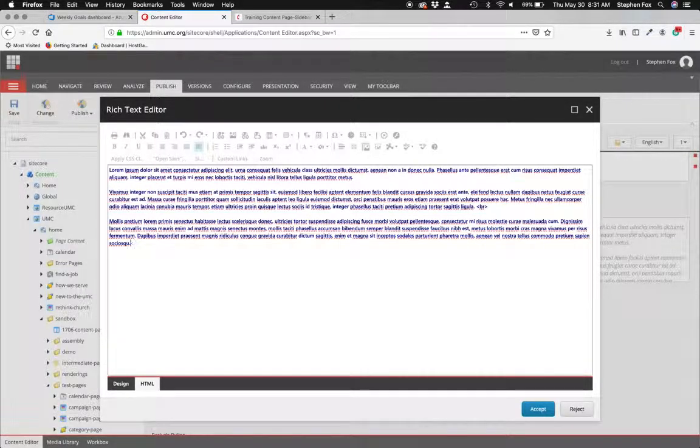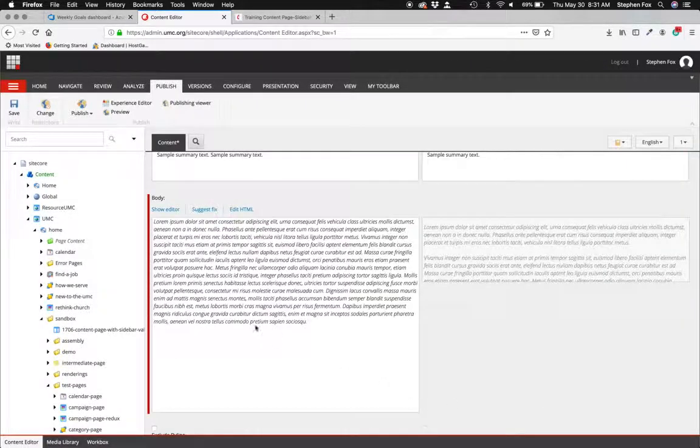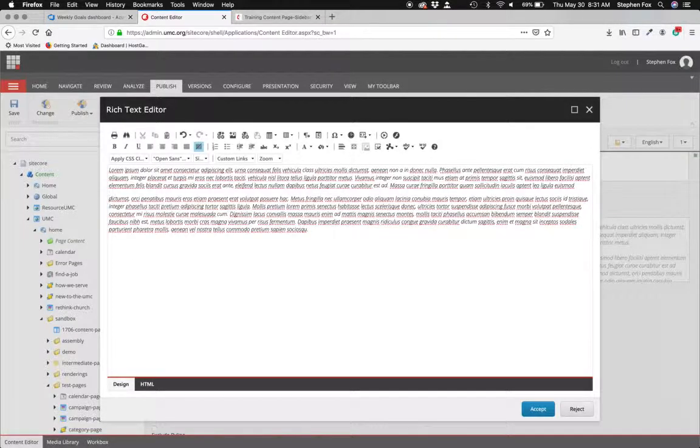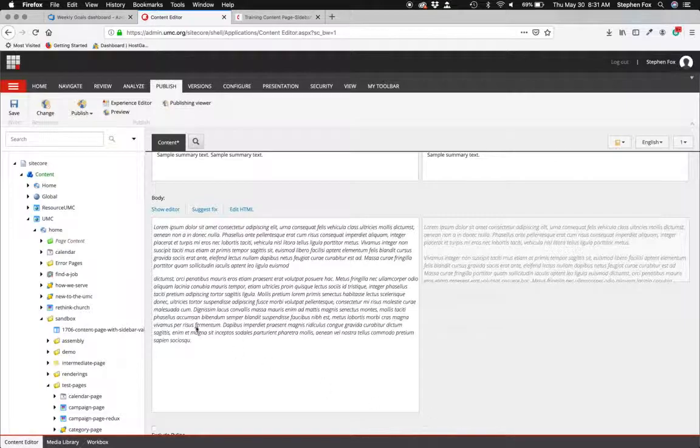So I'm going to remove just all of the HTML tags and hit accept. You'll notice that all of my spacing went away. What Sitecore is expecting is that those elements would be inserted manually through this WYSIWYG editor. So you'll notice now if I save it and do that, then the red border is gone and I still